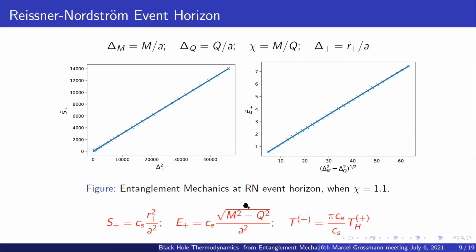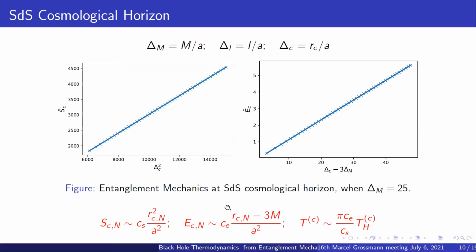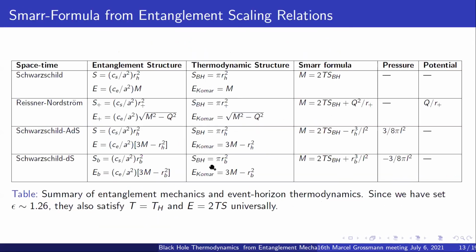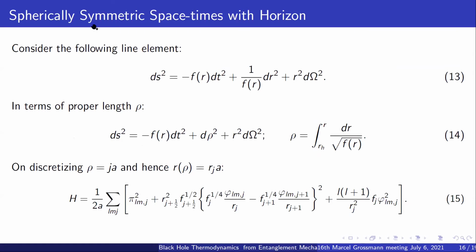One thing I want to point out is that in the extremal limit, the entire procedure breaks down. To give some context, I'll show the procedure that I had used. In the talk, I had mentioned that I'll be discretizing the radial coordinate. But actually, what I'm discretizing in the course of the calculations that we made is the proper length of the system, the proper length of the black hole involved. As you know, proper length is something that can only be defined in the region where f(r) is positive, and it is 0 at the horizon.